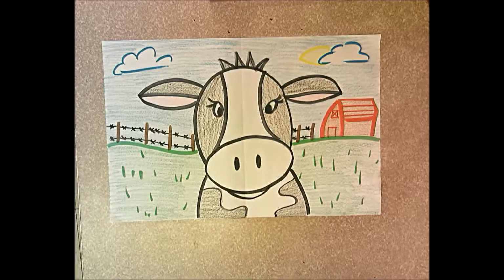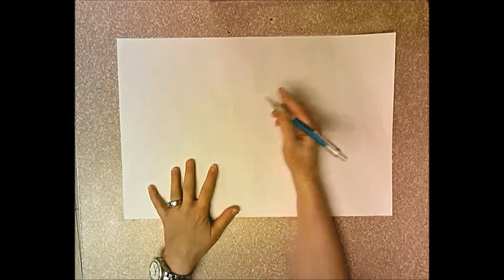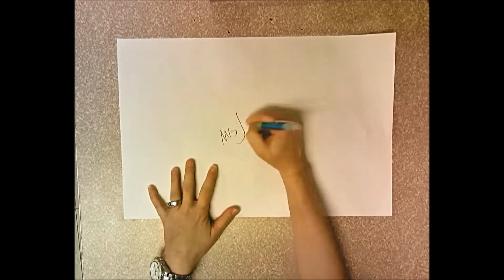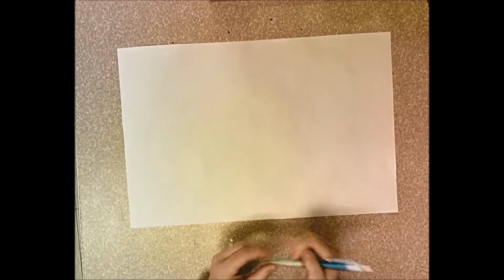And so the way that we begin this drawing, you're going to start with a large piece of paper. You're going to turn it horizontal, wideways. You're going to write your name and the day you have art. Day A, day B, day C. You're going to flip it over, and then I'm going to give you an oval,